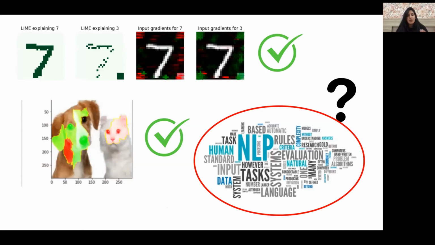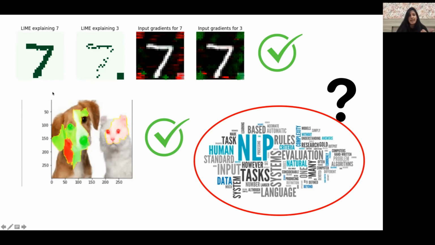So in case of dogs and cats, if this is a golden retriever, the areas highlighted in green are basically the ones that contribute to calling it a dog. And the ones in red are basically which the model clearly knows is not dog. So if you see this, you'd be very clear that my model is learning what I wanted it to.